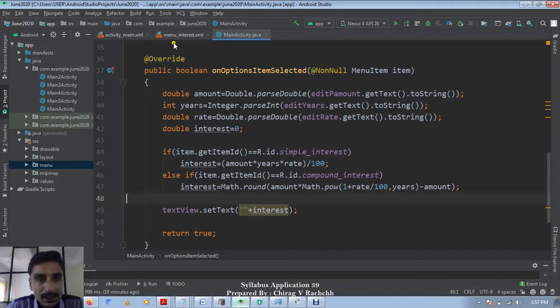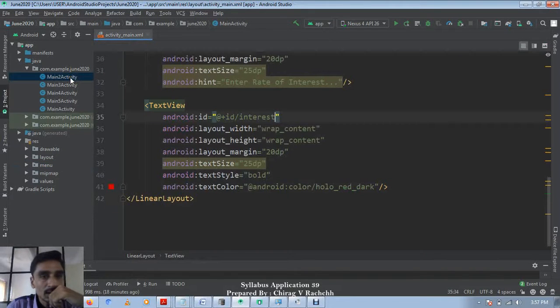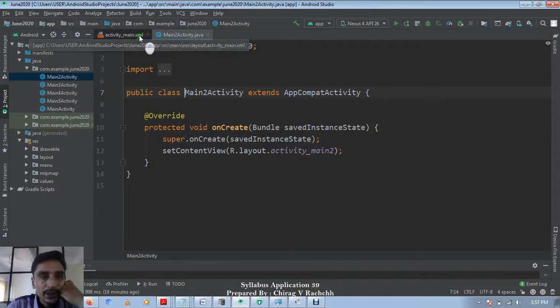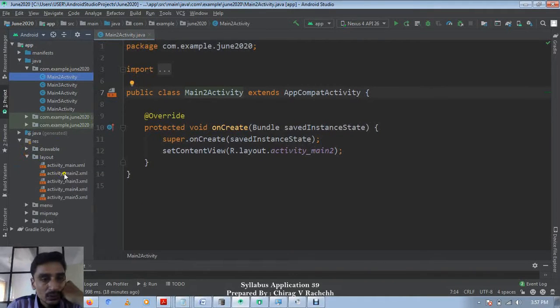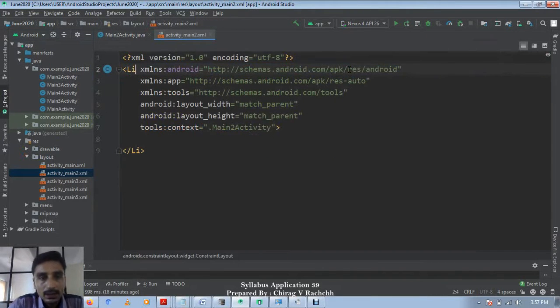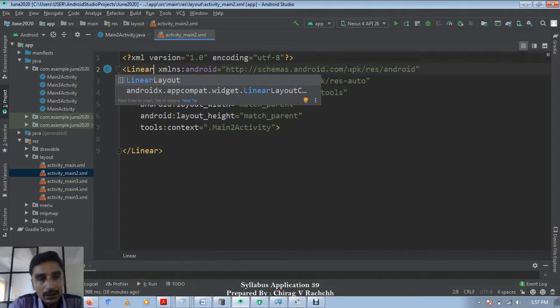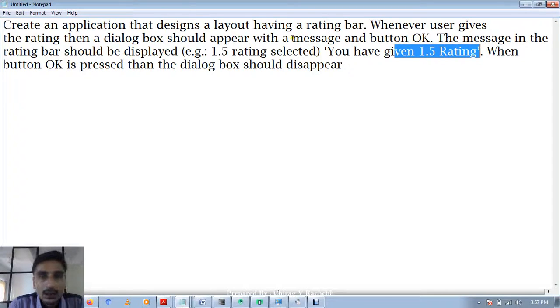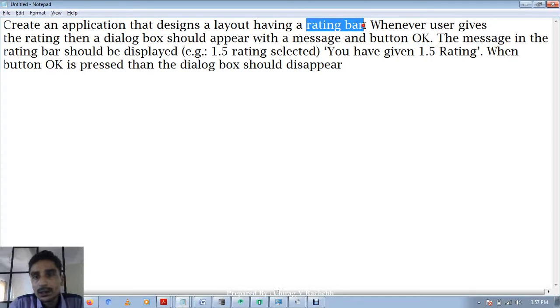So let's define the activity and its layout. As it has asked for a linear layout, I will set a linear layout, and the layout only contains a rating bar.